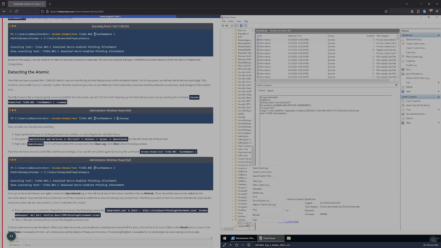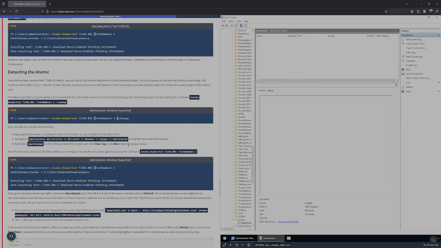Apparently we have to right click it over here, and then we get the options to say clear log. And hit clear when it shows up. Now that we have cleaned out the files in the Sysmon logs, let's run the emulation again by using the